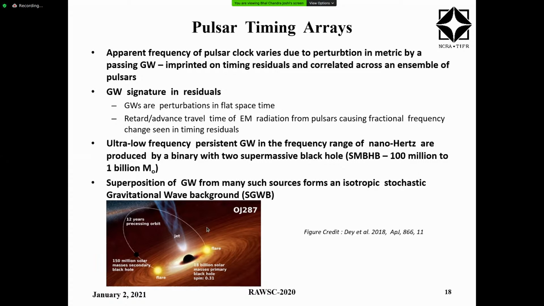Okay. Now, in the history of the universe, after the universe was formed, because of many such mergers, one expects a large number of supermassive black hole binary systems. Each of them will produce a gravitational wave, which would mean